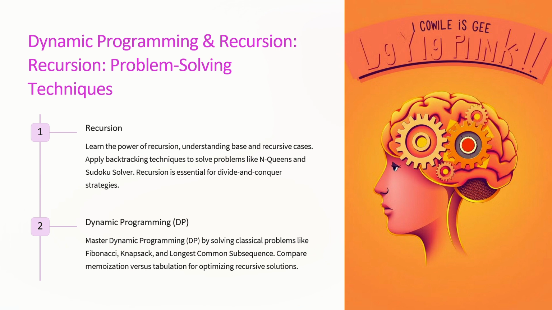In recursion, the base case and recursive case help in problem breakdown, like backtracking, N-Queens, Sudoku solver, used for decision-based problems. And in dynamic programming, we have to solve problems like Fibonacci, knapsack, longest common subsequence, used in optimization problems. Memoization versus tabulation is a strong way to avoid repeated